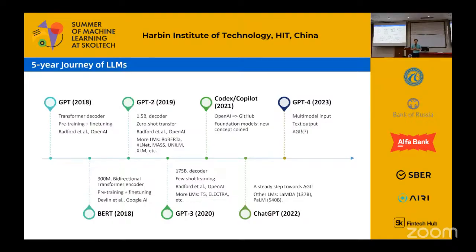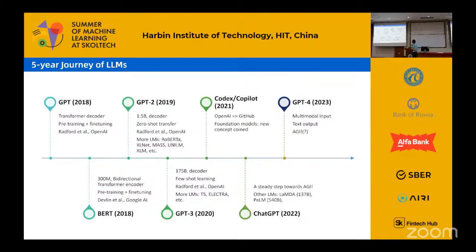Almost at the same time came BERT from Google AI, while GPT-1 is from OpenAI. BERT is purely a transformer encoder, so it's bidirectional, whereas the decoder is unidirectional, maybe from left to right. BERT masks several tokens in a sequence, and you want to recover or predict the masked tokens. At that time, BERT was much more popular than GPT, even before GPT-3.